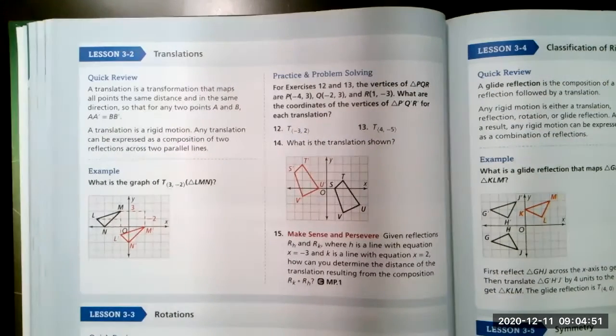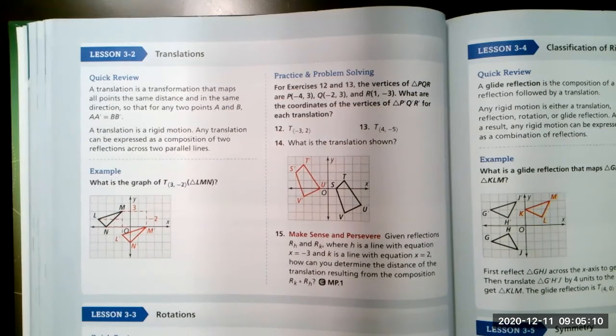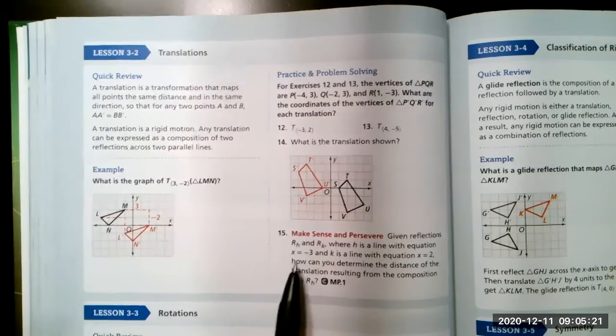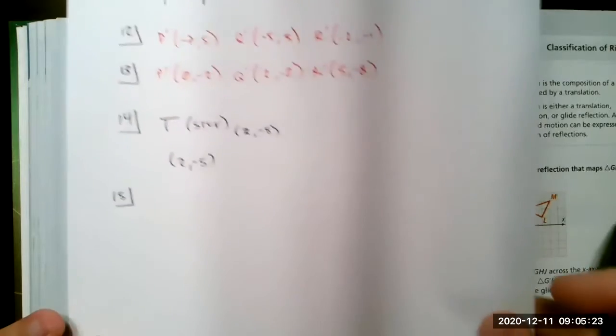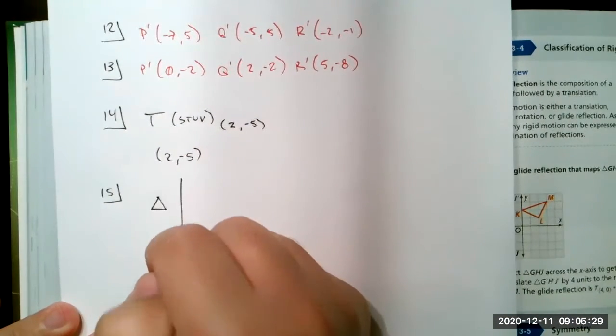Number 15, given reflections R sub H and R sub K, where H is a line with the equation x equals -3 and K is a line with the equation x equals 2, how can you determine the distance of the translation resulting from the composition R sub K of R sub H? Long story short, this is that problem where I'm just going to draw a picture because they're not actually talking about a triangle or whatever, but H and K are our 2 lines. So I've got this shape. I reflect it across line